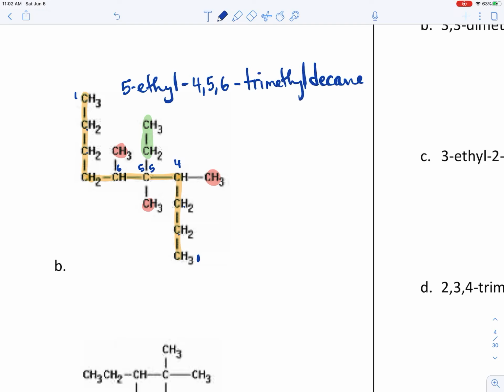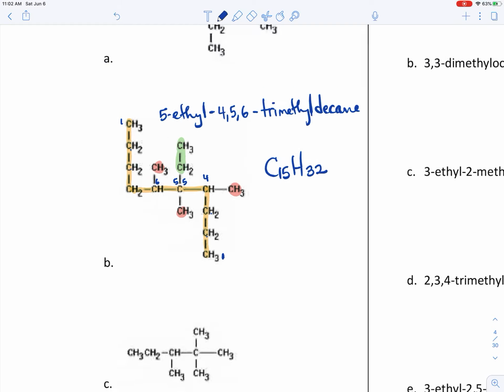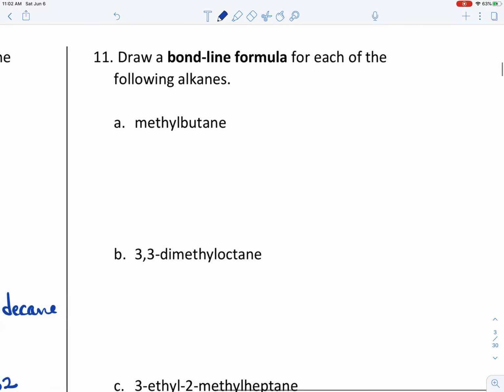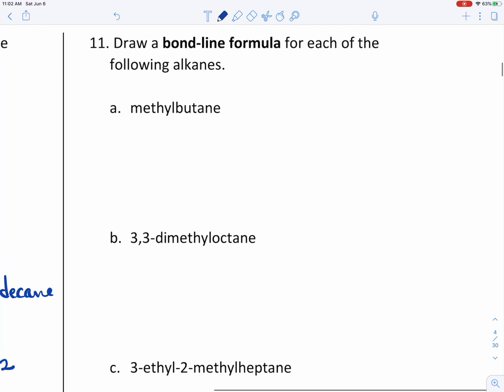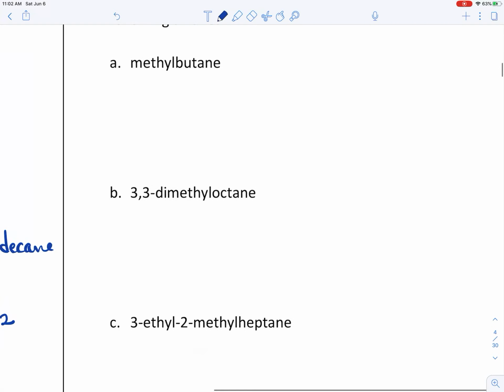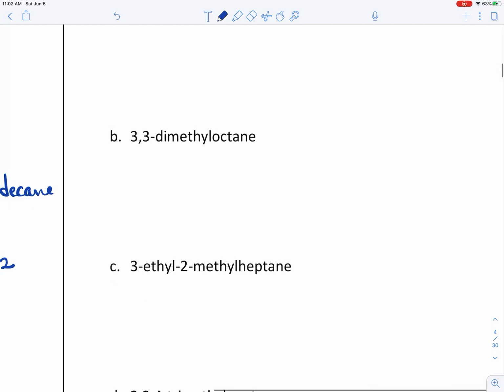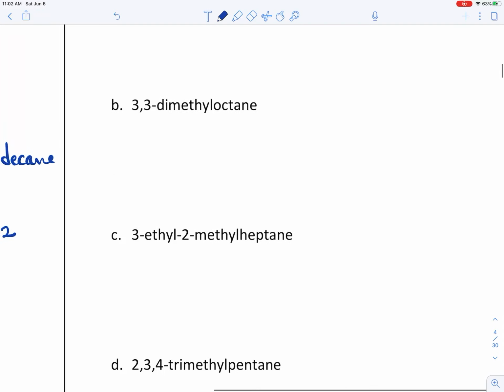The molecular formula for this: decane has 10 carbons, 3 methyls, so we're up to 13 carbons, and that 1 ethyl, that's 15 carbons total. And then the number of H's would be twice that, plus 2 more, so C15H32. Question 11 asks you to draw the bond line formula for some molecules. Why don't we try question B,